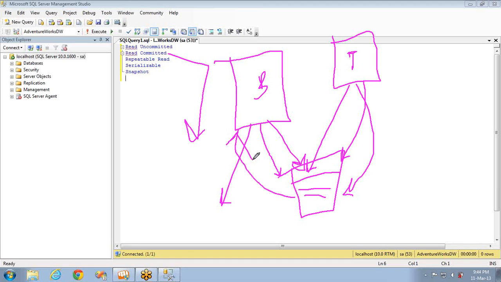So when there is an exclusive lock on any particular row of a table, the transaction with isolation level read committed will not read that. It will respect the exclusive locks and will not read the data, so that it avoids dirty reads in the select statements.